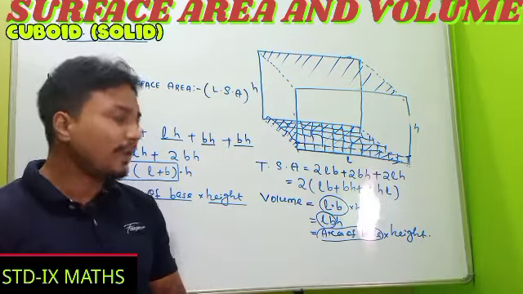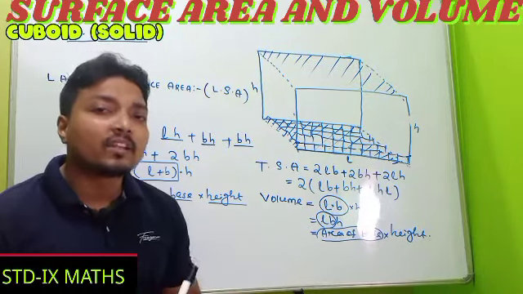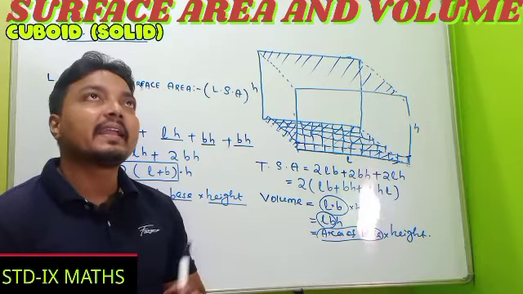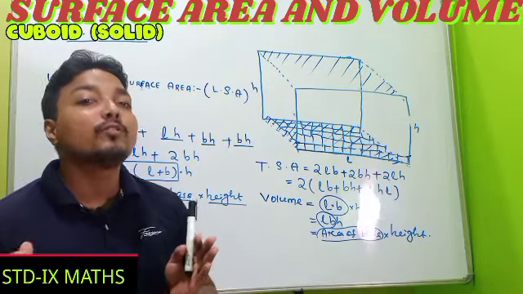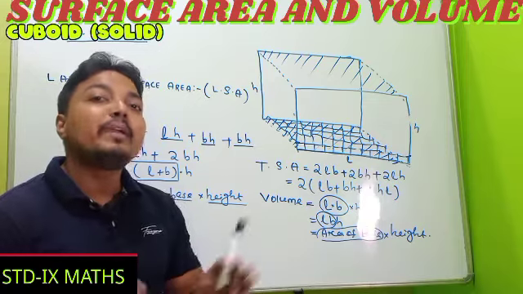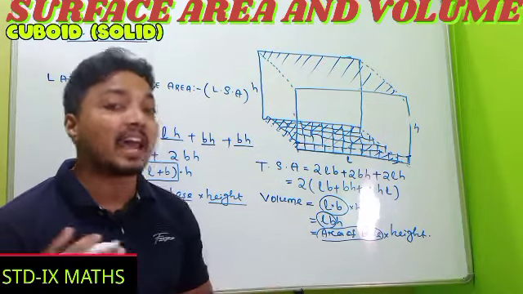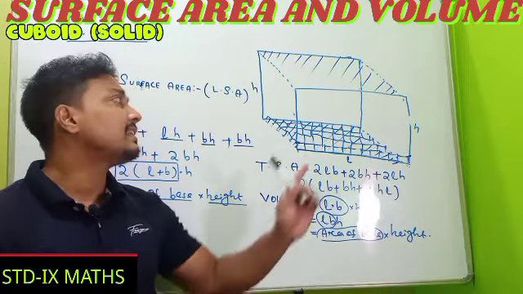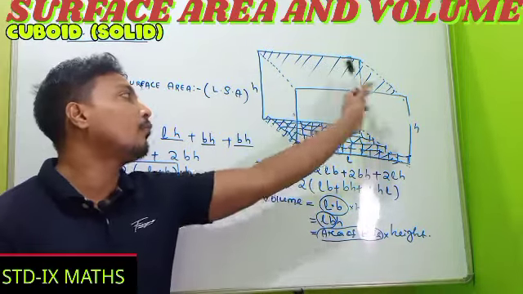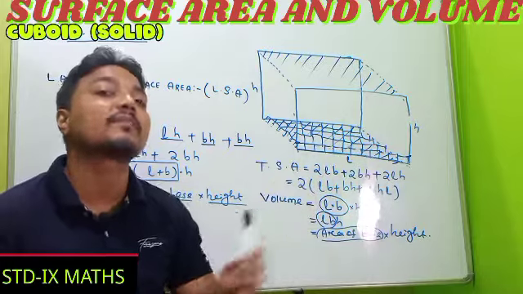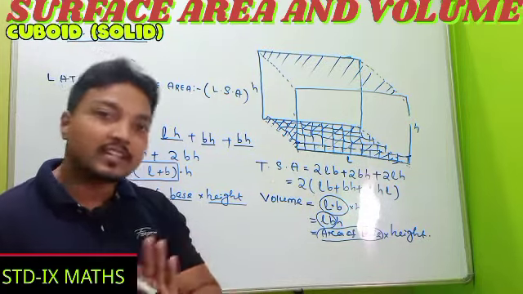Now I am going to discuss where it is to be applied. Listen, whenever you get a question just like this, that in the room it is your cuboidal structure, and the room is to be colored. Room is to be colored means 4 of its walls are to be colored. So in that case 4 walls means it is our lateral surface area. Up to this clearly understood?